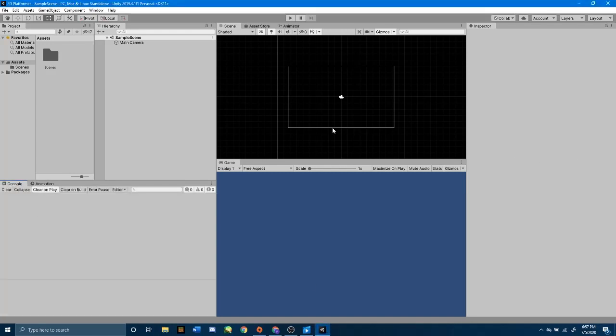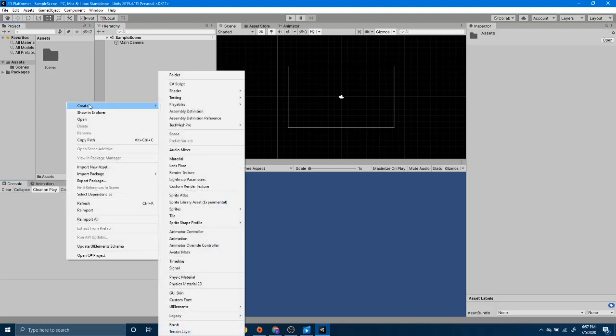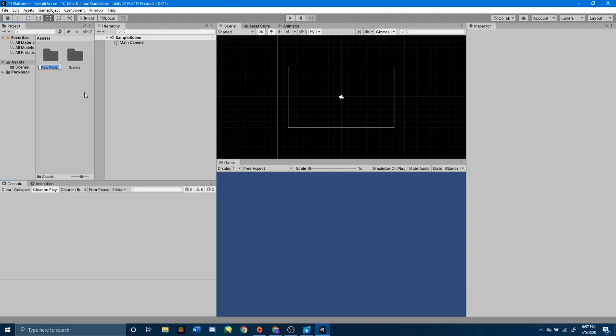When your scene loads, go ahead and right-click in your project window, create a new folder, and then name that